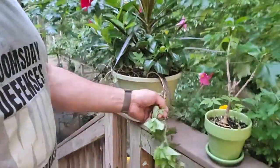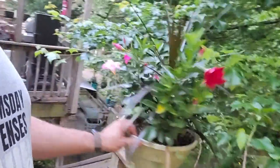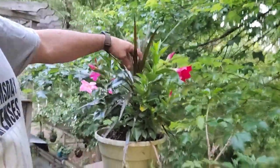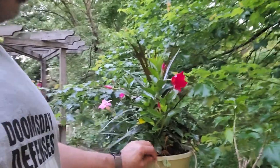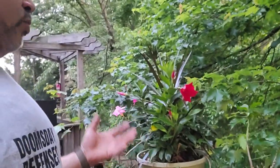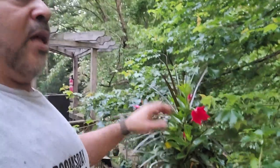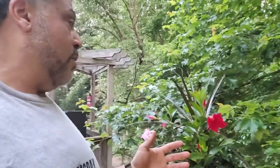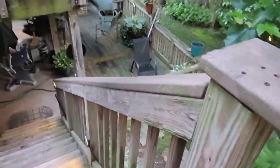What I love is having this combination. We've got the ivy that we tried digging up from our yard. We'll see if that grows. But we have those red flowers, and we've got pink ones that are in here, and then we have the red spike. You can buy a combination like this and it's like $29. But this is like $6, and I think they had like 8 for $12 or something like that. So we bought a whole bunch of them at the same time, and we just made these flower baskets. So we've got another one that's over there, and if you look down here around my outdoor man cave,